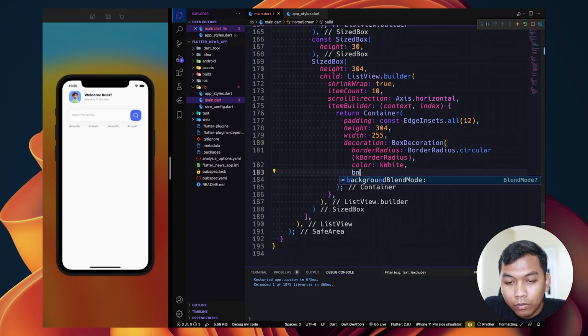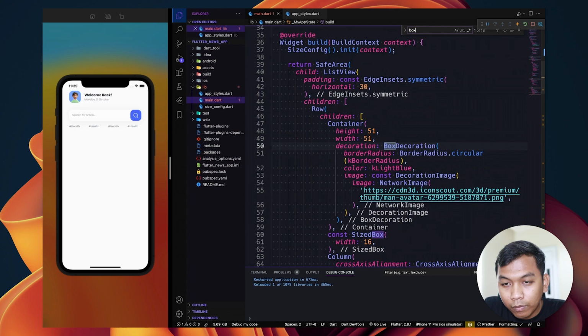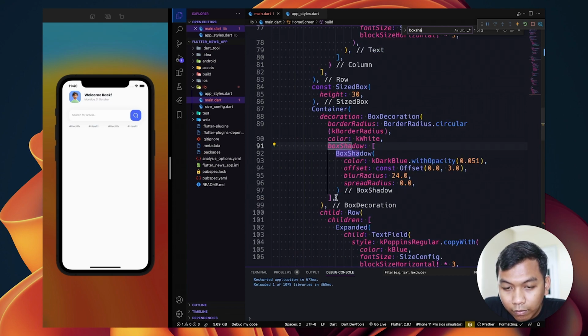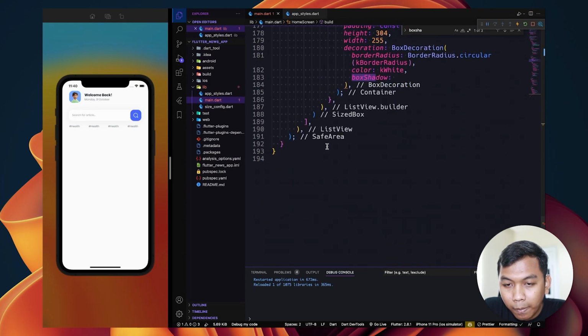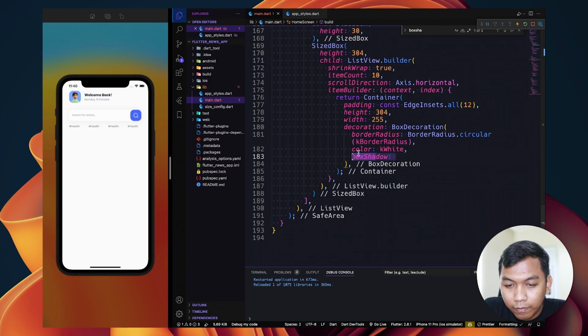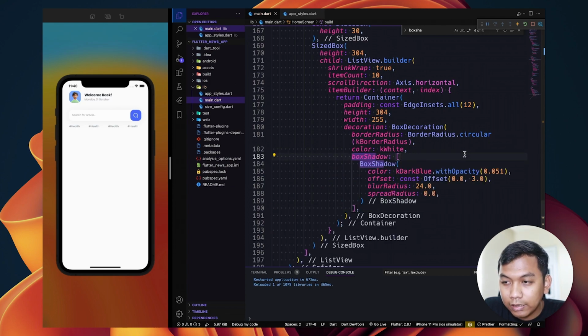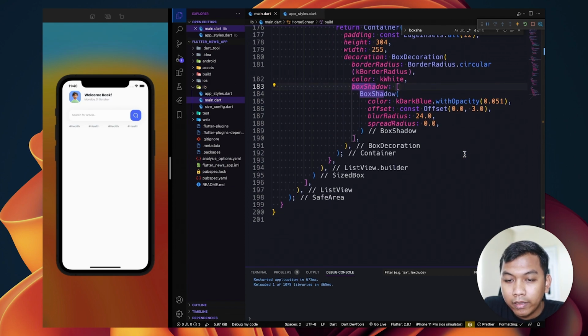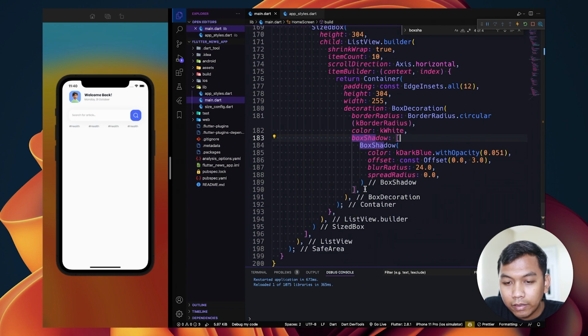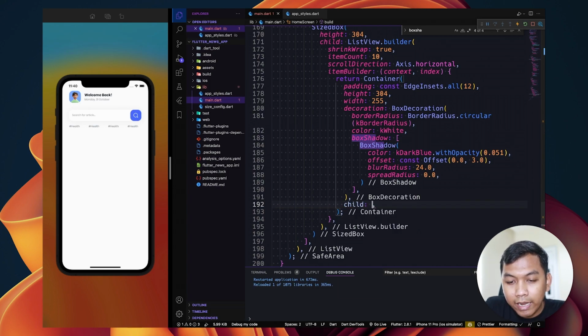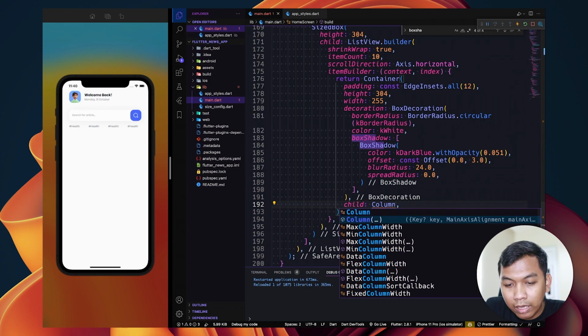And box shadow, so I just want to copy from this, look like this. And inside this container, we will have child, and for the child we use column widget.